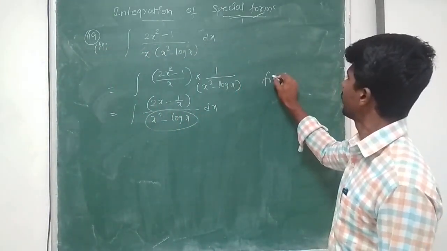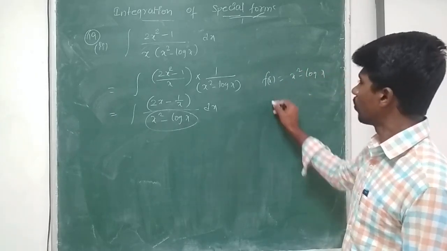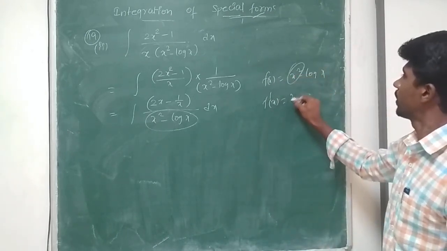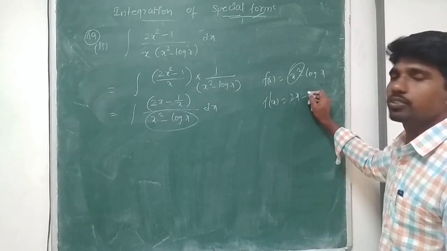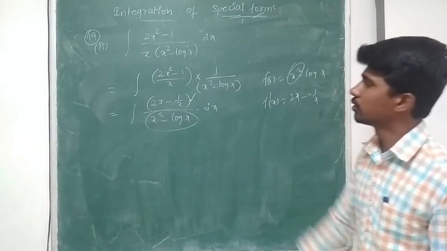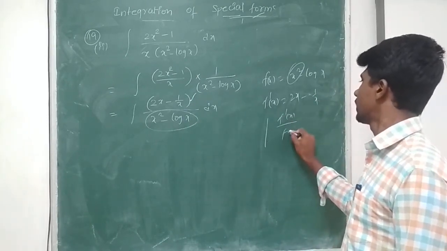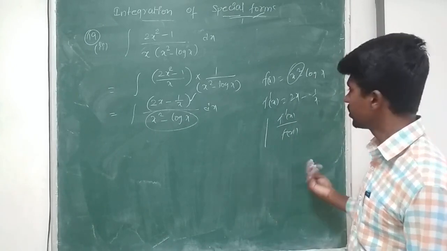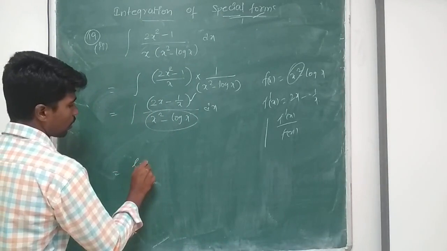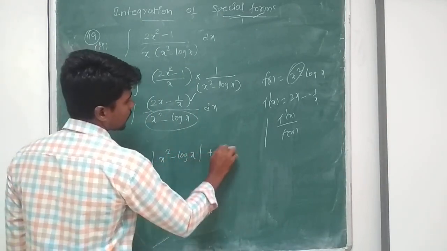So if f of x is equal to x square minus log x, what about its derivative? F dash of x is equal to derivative of x square, 2x, minus derivative of log x, 1 by x. So I got the form f dash of x by f of x, which is equal to log mod f of x. So my answer is log modulus of x square minus log x